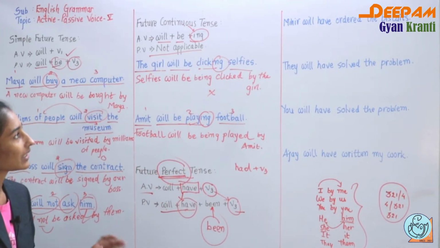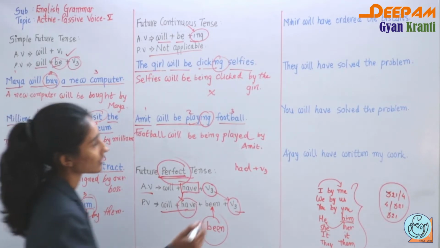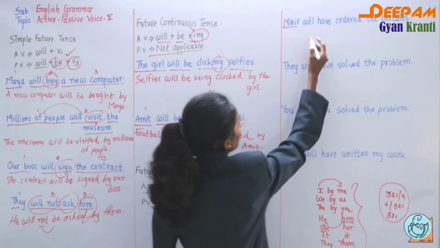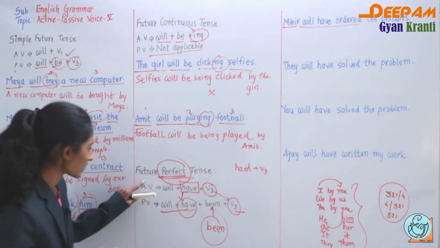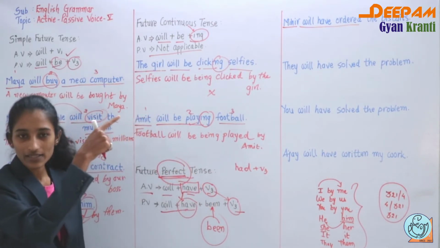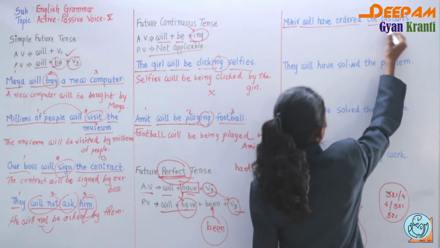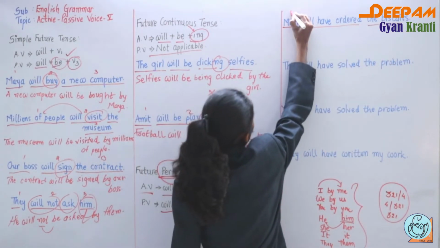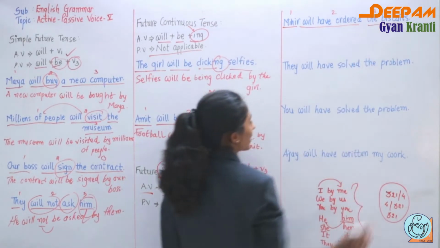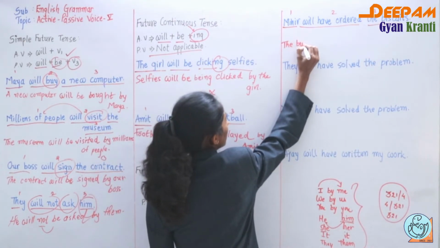So it is clear. Mihir will have ordered the biscuits. See, subject is Mihir, will have ordered, means we can say future perfect tense, because will have and V3. Order is the main verb and ordered, that is the past participle, and the biscuits, that is object. So the number is 1, 2 and 3. So this third number comes in the beginning. So the biscuits,